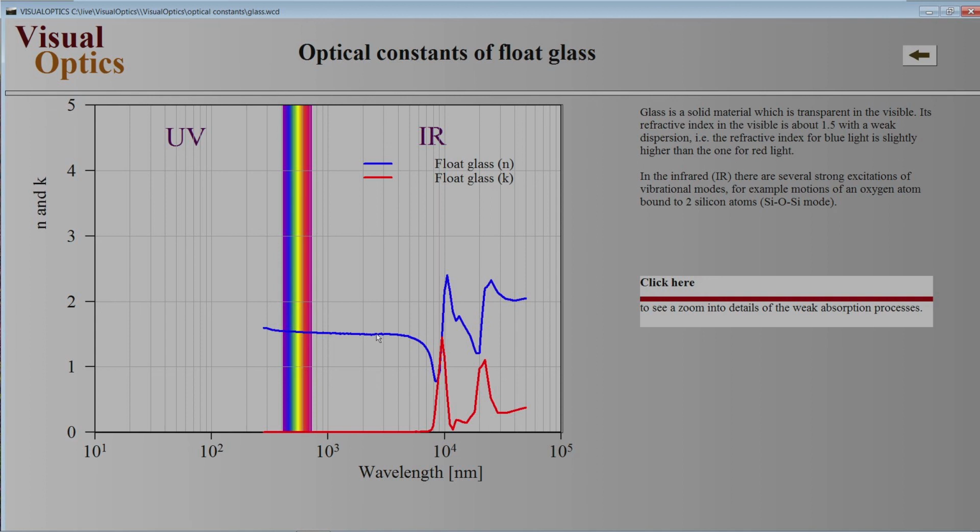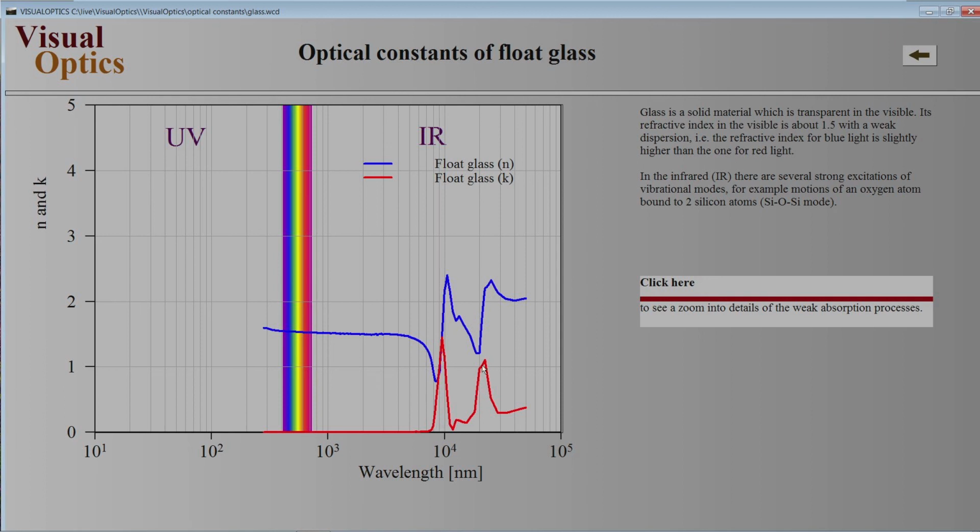There is an almost constant refractive index of 1.5 in the near infrared, and in the visible we have the weak dispersion that I discussed. The refractive index in the blue is a little bit higher than in the red, and this is obviously due to an interband transition which is somewhere far in the ultraviolet, not visible in the available data for this material. But what is visible very clearly are vibrational modes, very strong excitations, not so easy to see how many,